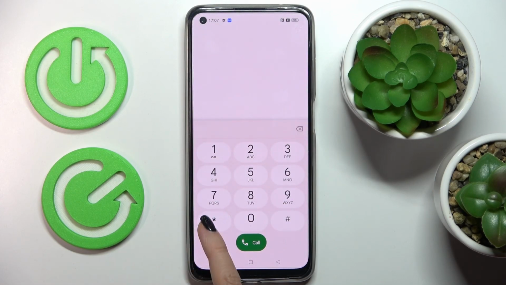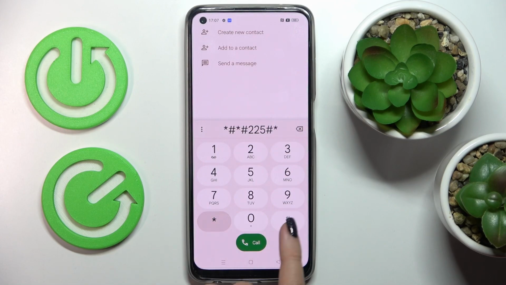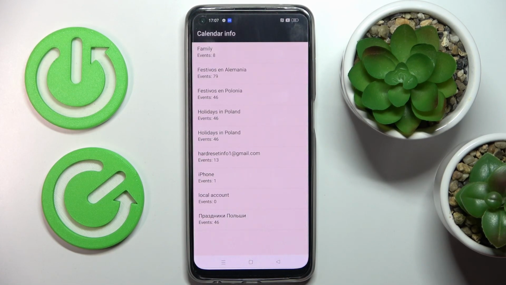Another one that you can use is *##225###. And here we've got the calendar info. So as you can see, all events from every calendar of yours would be included here. From now on, you will not forget about any important event. So this is it, that will be